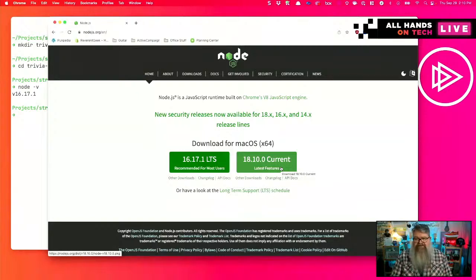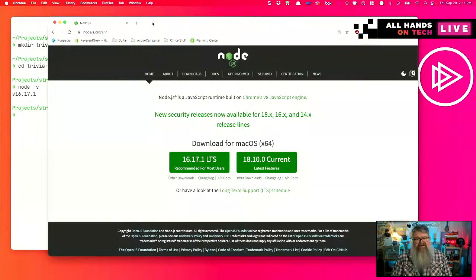So in another month, version 18 will be the LTS, or the long-term support version, and then the Node.js committee will create version 19 as a stepping stone to the next major release of version 20. Just to give you a little bit of background on how the Node.js system works. So you can download it here.